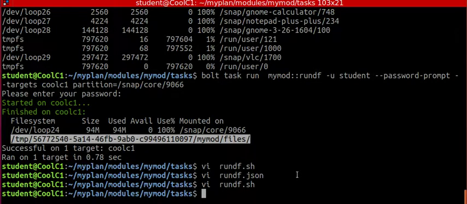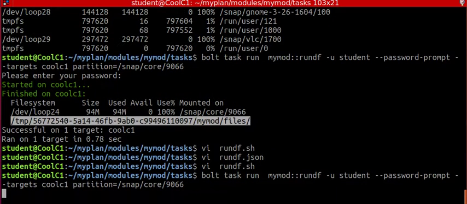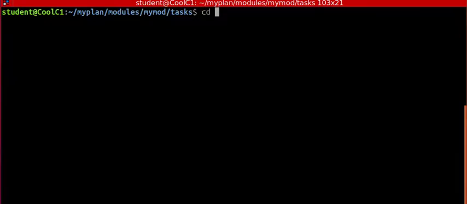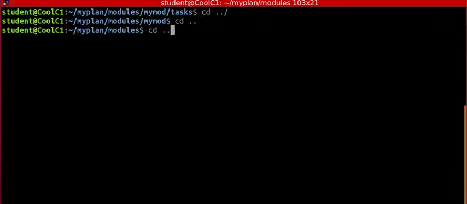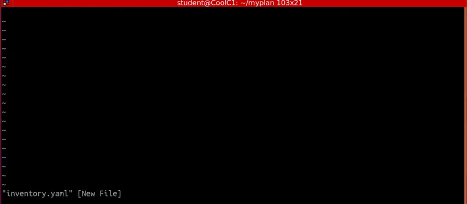I don't want to make this too long, but I'm going to do it real fast. Instead of giving all of the options on the command line, like you see here, where I use student and the password prompt, because this is an entire project, you can go back to this level here and create an inventory file. I'm going to breeze through it quickly because you can Google this and figure it out on your own. But I'm going to cut and paste